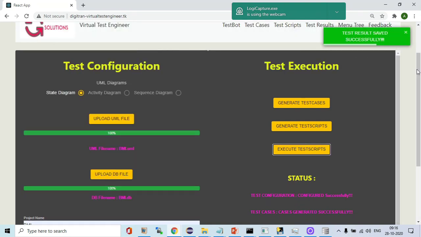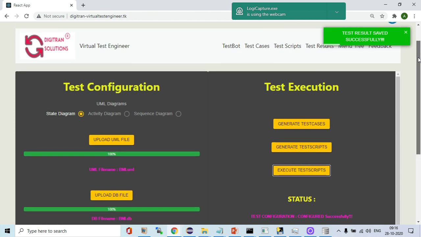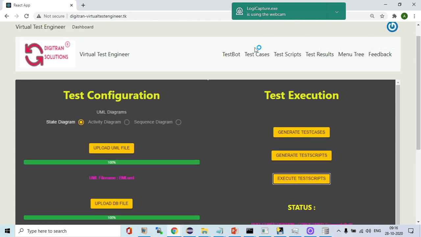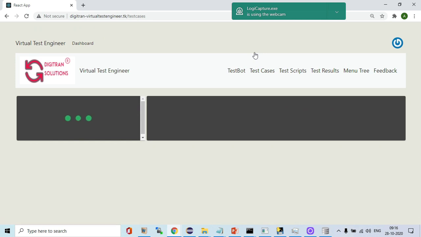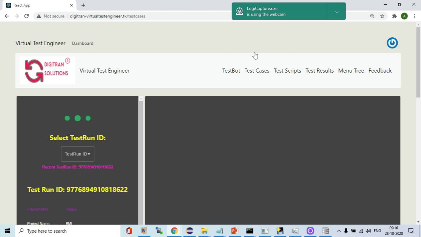Now we will see the test cases and test scripts and then test results. So we'll go to this page, the test case page. In the test cases page, we have to wait for some time to see the generated test cases.